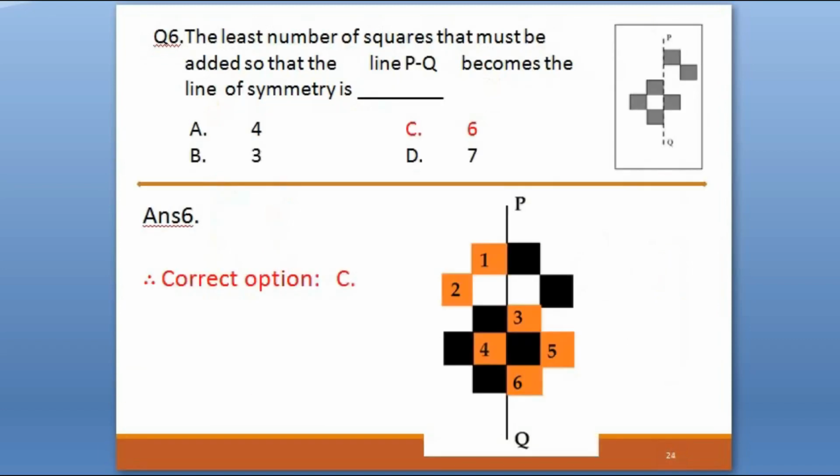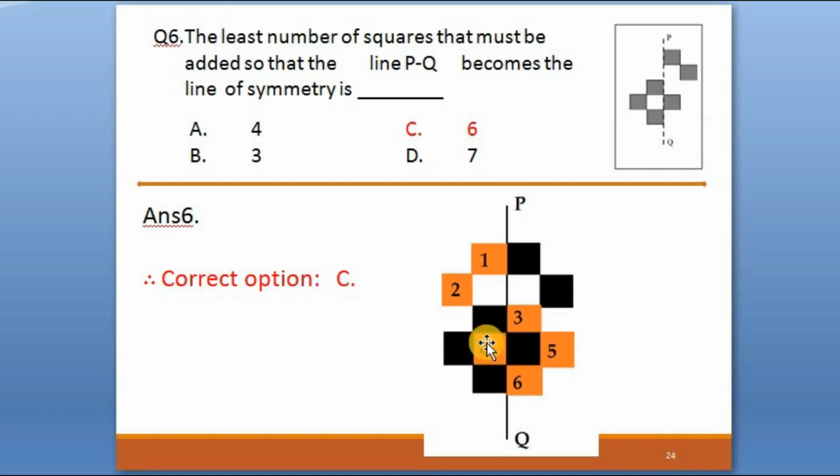As you see here, in the given figure, first block is given, but on the left side it is missing. So we have to add here second block, right? So first block we will add here. Similarly, against this black, we will add second block, so that it can be symmetric. In the third, here black is given, so we have to add here on the right side, that is third block. And here fourth block is given, so we have to add